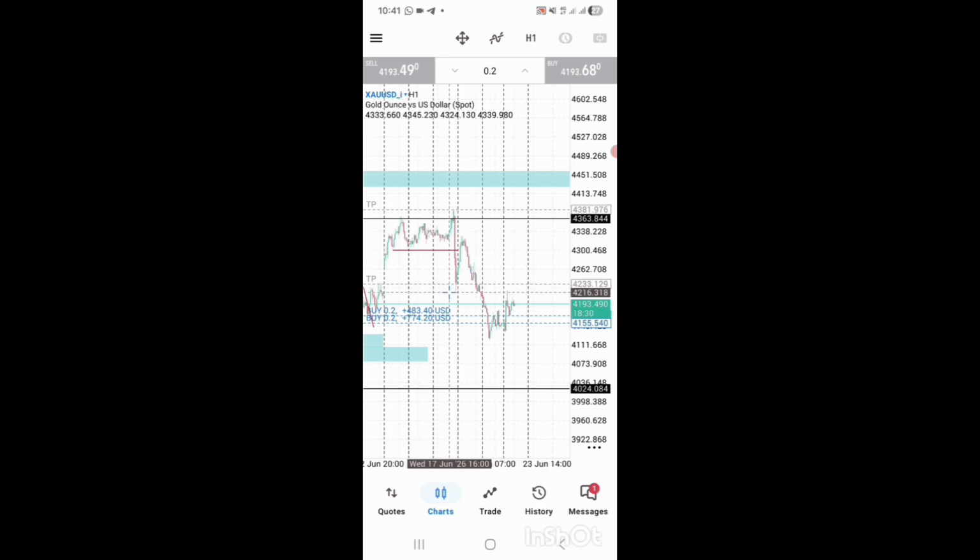Maybe I can consider this a break of structure, because this low hasn't taken out any high. The only high is here. So this is a break of structure because this low has taken out these highs over here. You see, these lows as well have taken out this high. This low has taken out this high. These lows have taken out this high. So here it's invalid. Only somewhere here that is valid. You get? But let's wait and see how it goes.